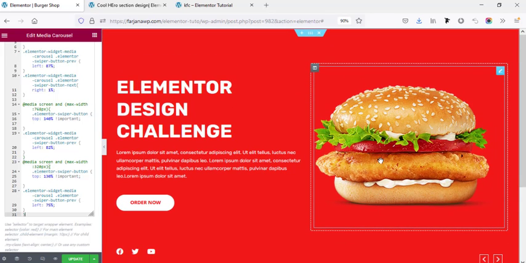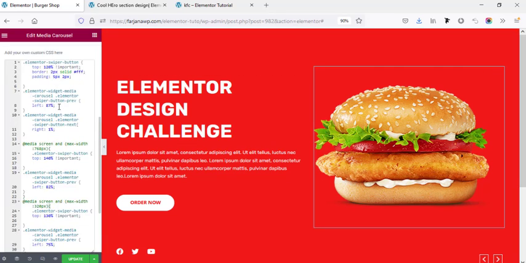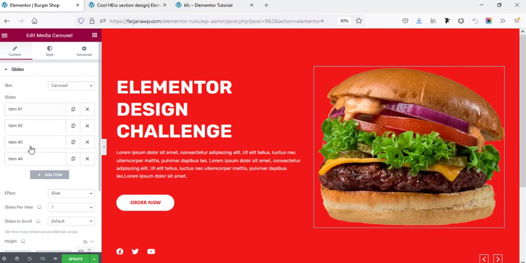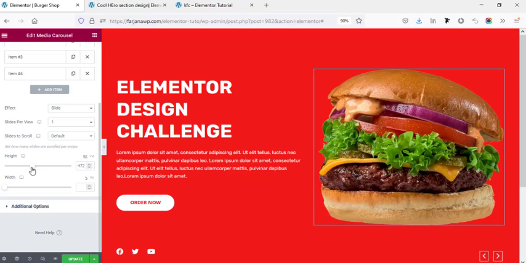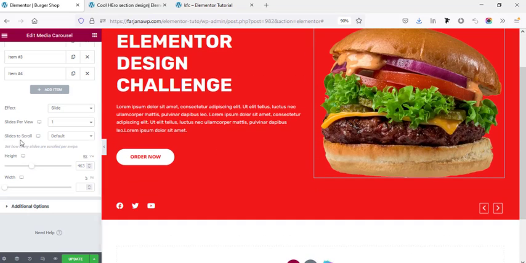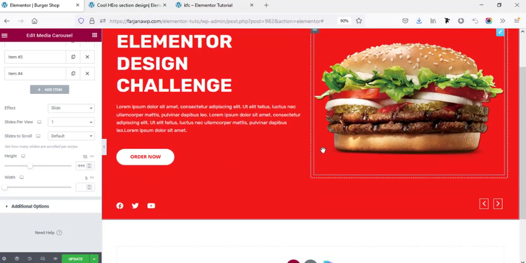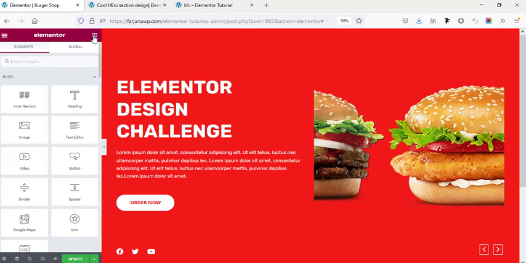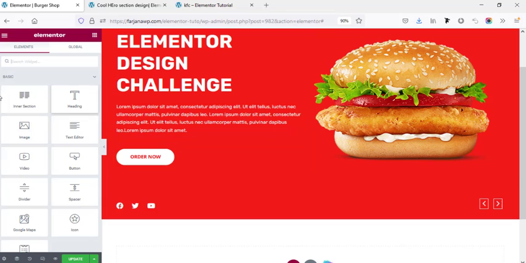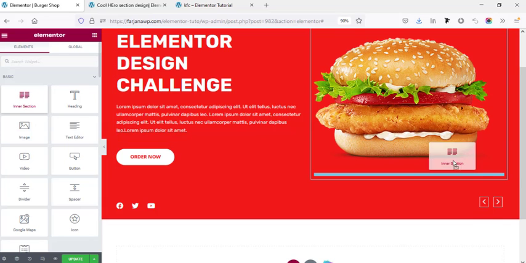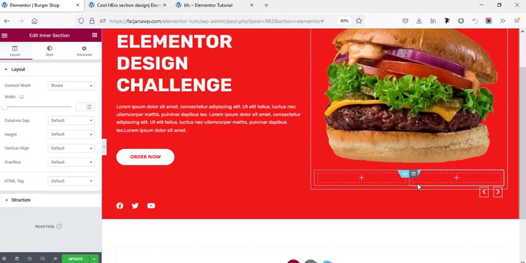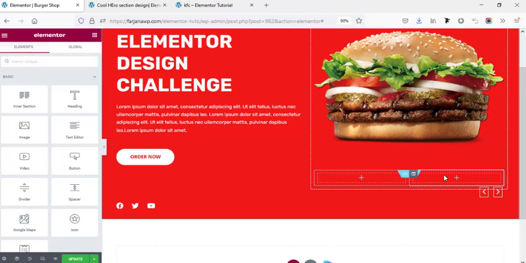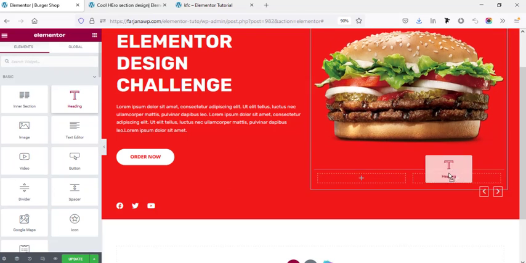And here we can also decrease the size. So again going to the content, here is the height. We can also decrease the height. It's okay now. And now in the bottom area here we can add some more text. So for that again I'm going to this dot icons, and here I'm taking a inner section after this slider. And now on the right side here I'm taking text. I'm taking this heading,